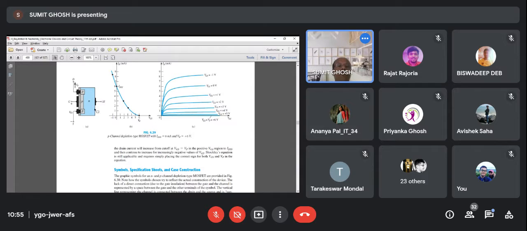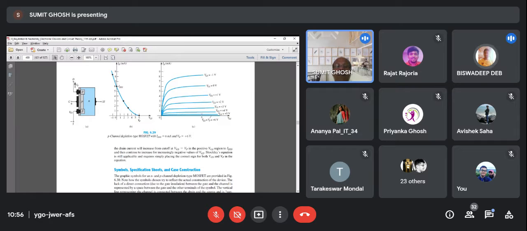If you get confused, just remember one thing. From the name itself, you can understand what is what. The name of this is P-channel. So P-channel means the channel is P. So if the first thing given in the question is P-channel, from the question you get one answer, that this channel is P. So if this channel is P, these two cannot be N. So these two have to be P. So once you have all these three P's, then the base, or the substrate, will be opposite. Is it clear?